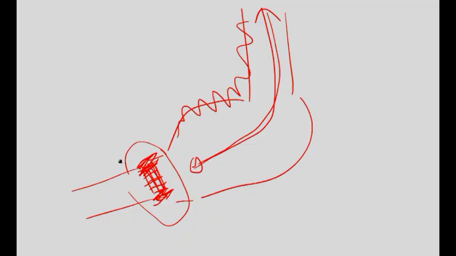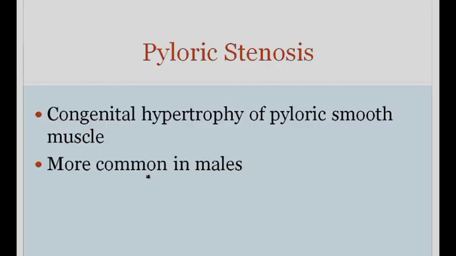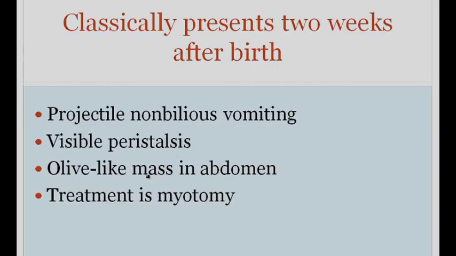And the way by which you would treat is you would cut away this muscle, which is called myotomy. And so these are the key clinical features, and they're all based on the anatomy. Again, it presents usually 2 weeks after birth. So the clinical features are listed here in your text. The only thing I would like to point out here, in addition to what I've already said, is that when